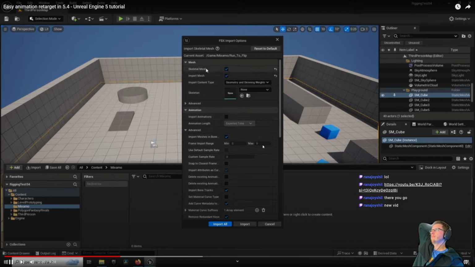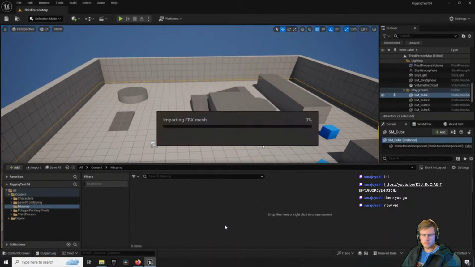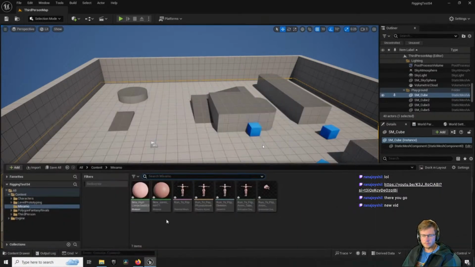In this case, we are going to be importing the skeletal mesh here, and that's because we want to have the skeleton, and we're going to be checking import animations also so we get the animation. So all in all, we're going to be getting the one animation and the skeleton that it belongs to. So this is what it creates. So we close down these windows. There's nothing really of importance here. We're going to make sure to save all of these. Now, the problem with importing like this is that the skeletal mesh is going to get the name of the animation. So we're going to be renaming this to SKM Mixamo just so that it's clear what it is, and we're going to do the same with the skeleton.